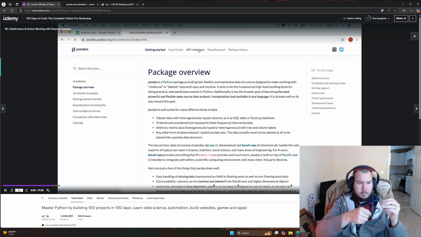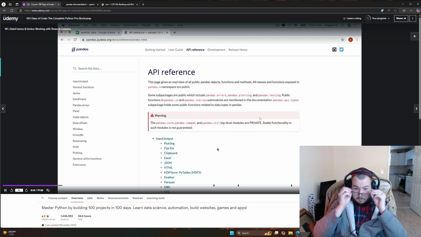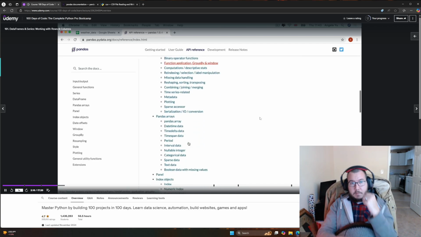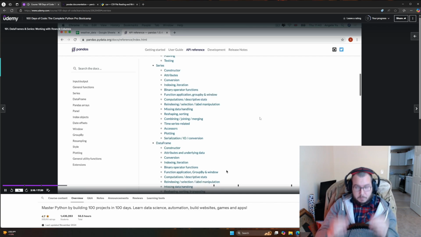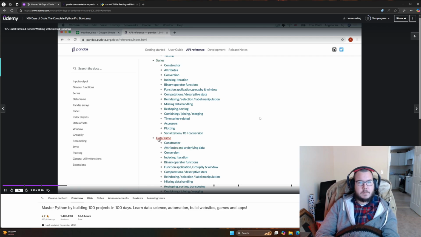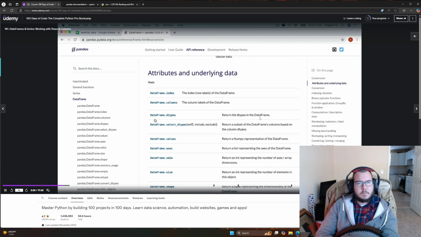Now, if we go over to the API reference, you can see that this is basically a list of all of the things that you can do with pandas. And it is a long list of things. But let's take a look at those two core classes, the data frame and the series. So if we go to the data frame, you can see that it has things on how to construct a new data frame, how to get hold of the index, how to get hold of the column labels, and there's